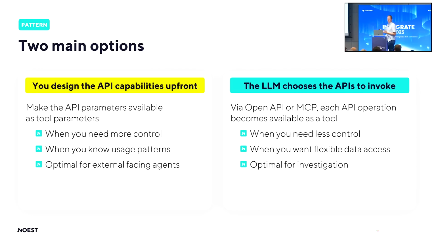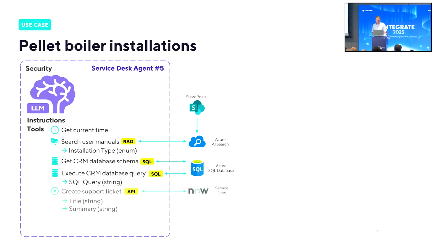And that could be by importing an OpenAPI specification and giving every API operation as a tool, or by using MCP. So in this case, I will create a support ticket with the constraints approach,